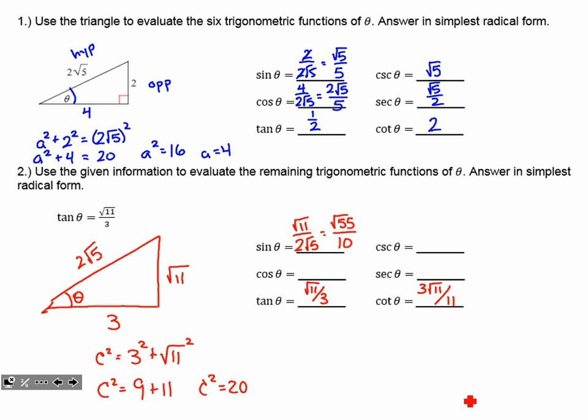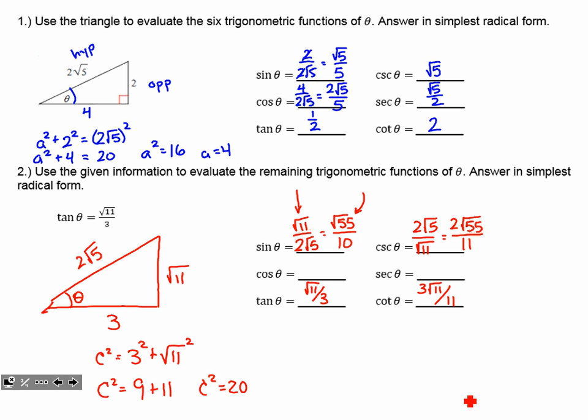All right, and if I take the reciprocal of that, well, this is the first time we've worked with two radicals in a problem, so it's a neat opportunity for us here. I'm going to take the reciprocal of this simpler one and then just deal with that as is. I could also flip this 10, write it as 10 over root 55, but then I'm going to have more simplifying, I think, in the long run, but it will lead me to the right answer. So if I have 2 root 5 over root 11, then the problem is the root 11. So I multiply that into the top, get 2 root 55, and my denominator is all over 11.